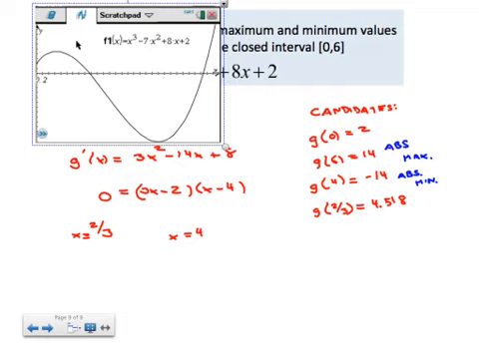We thought the absolute max occurred at x equals 6 with a value of 14, so there's the value of 14, and the minimum occurred when x was 4. If this is 6, then it's reasonable that this is 4. And we saw that the critical points included 4, so there's a slope of 0 at a local min. And x equals 2/3 was not an absolute max, but ended up being a local max,